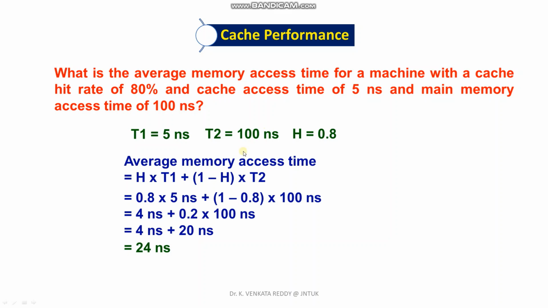In this case, if the computer does not have a cache memory, the computer needs to spend 100 nanoseconds to get the data from the main memory. If it has a few MBs of cache memory having a memory access time of 5 nanoseconds, it can get the information within 24 nanoseconds. The performance is improved from 100 nanoseconds to 24 nanoseconds, and this is the use of cache memories in present day computers.